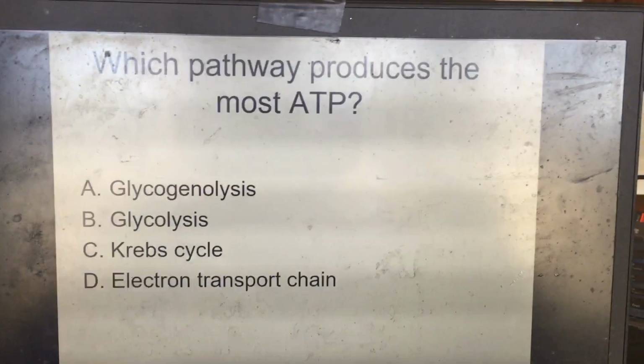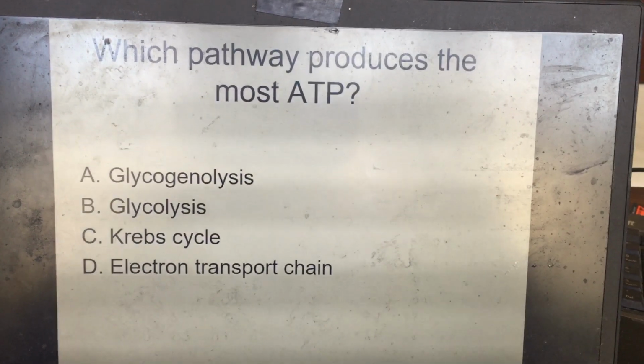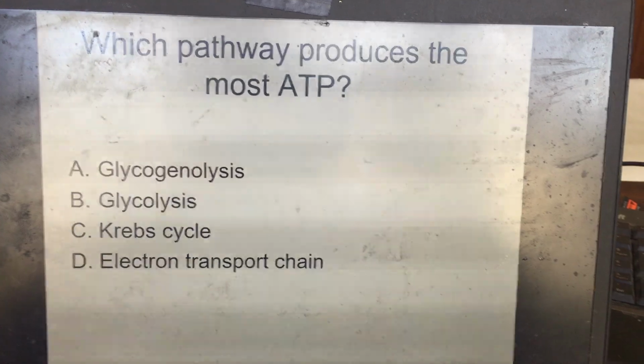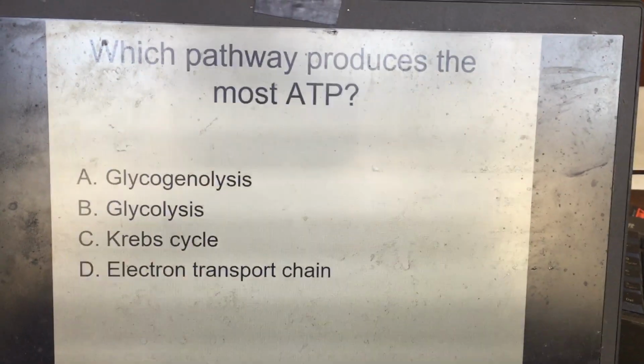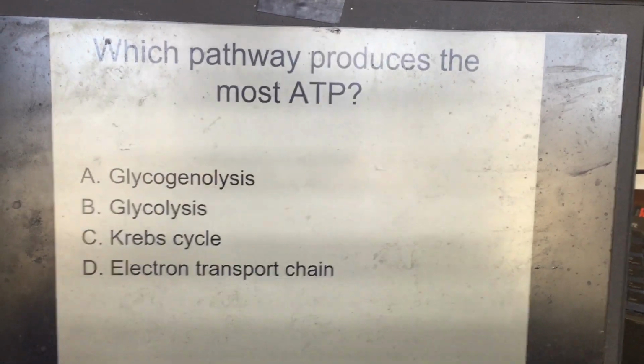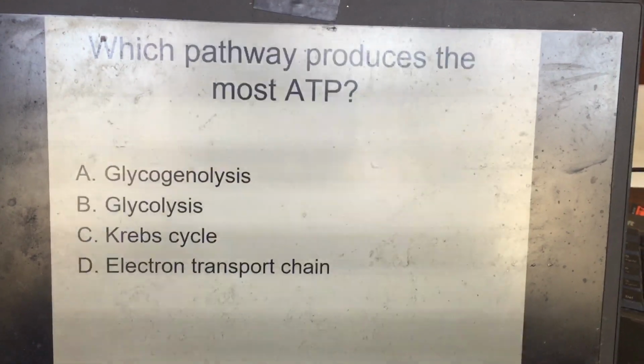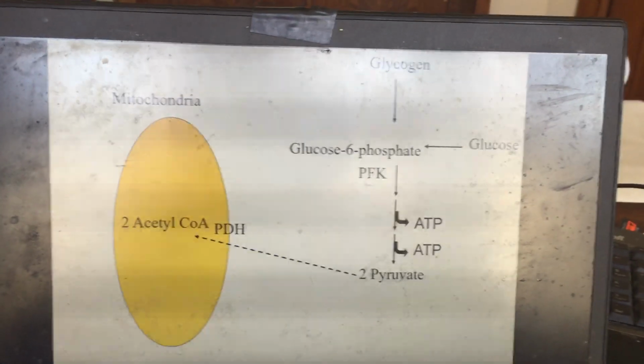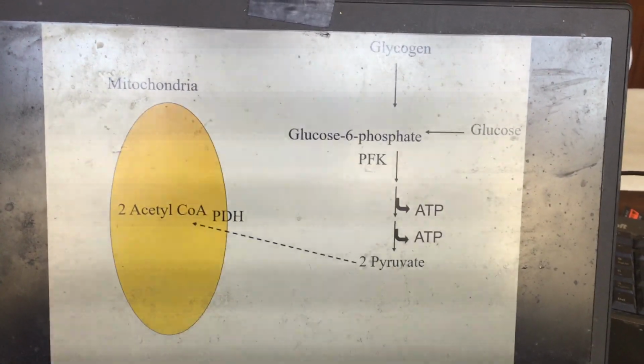So a review question for you here. Which pathway produces the most ATP? The correct answer here is D, the electron transport chain. So if you look at all these other pathways, glycogenolysis, glycolysis, Krebs cycle, you can see from this slide,